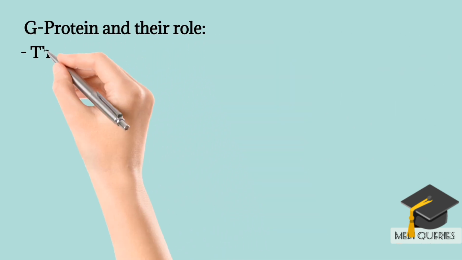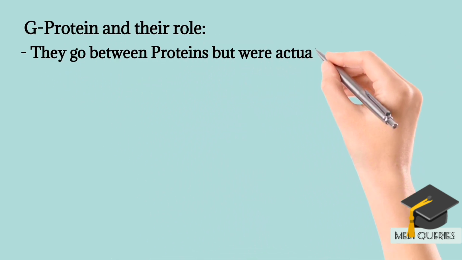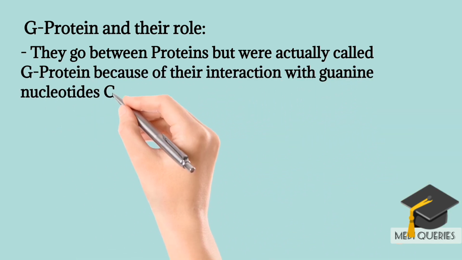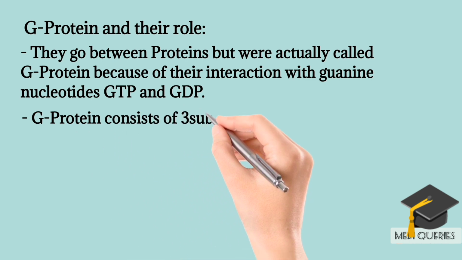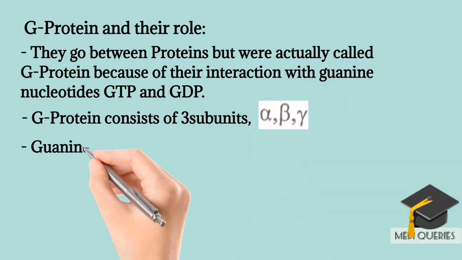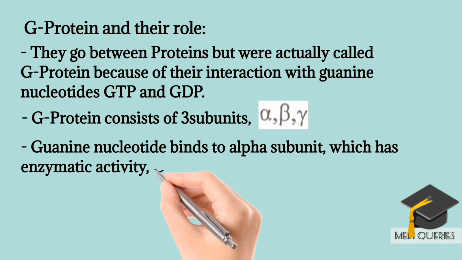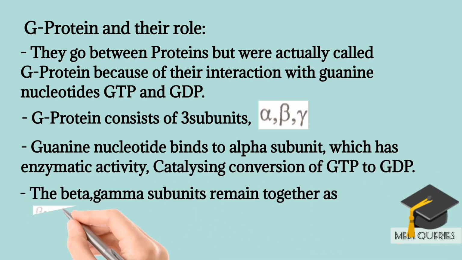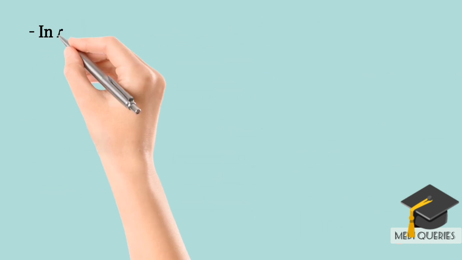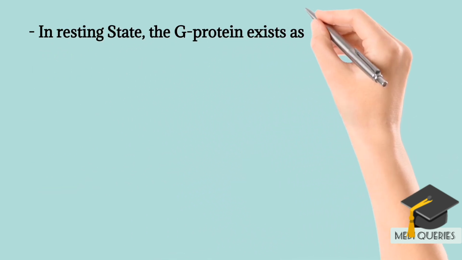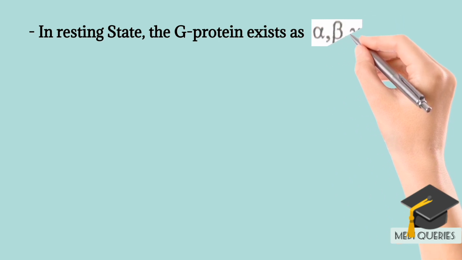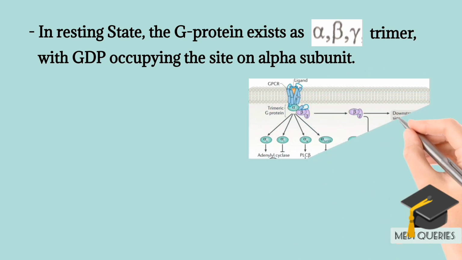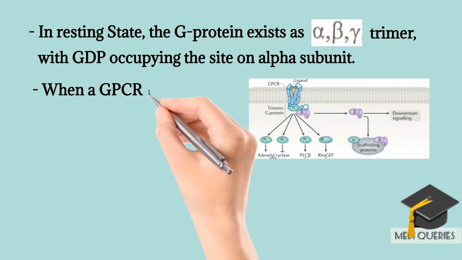G protein and their role. They are called G proteins because of their interaction with guanine nucleotides GTP and GDP. G protein consists of three subunits, alpha, beta, and gamma. Guanine nucleotide binds to the alpha subunit, which has enzymatic activity, catalyzing conversion of GTP to GDP. The beta gamma subunits remain together as beta gamma complex. In resting state, the G protein exists as alpha beta gamma trimer with GDP occupying the site on the alpha